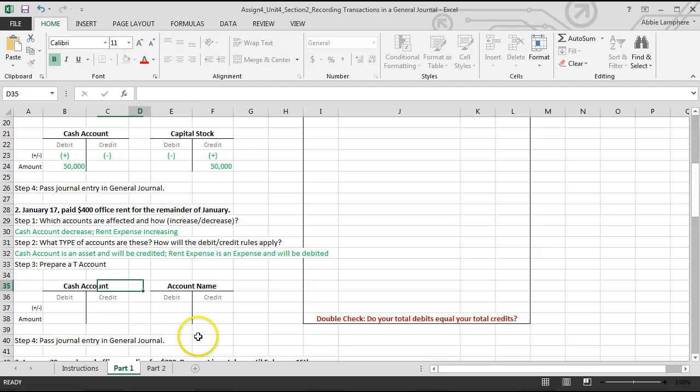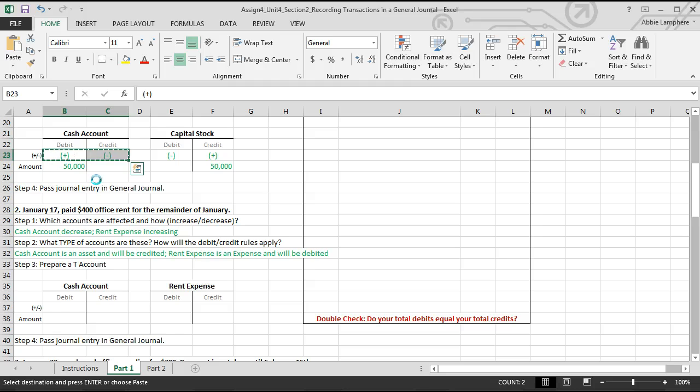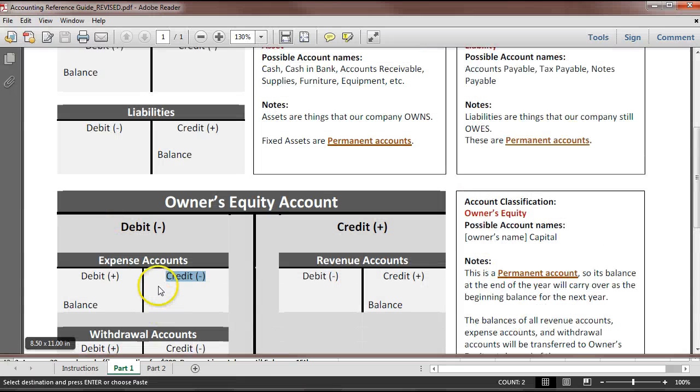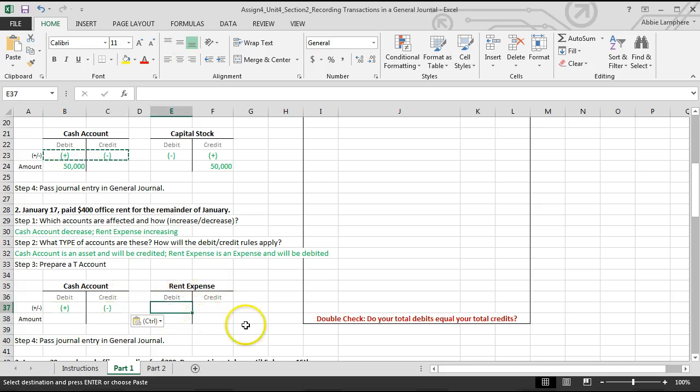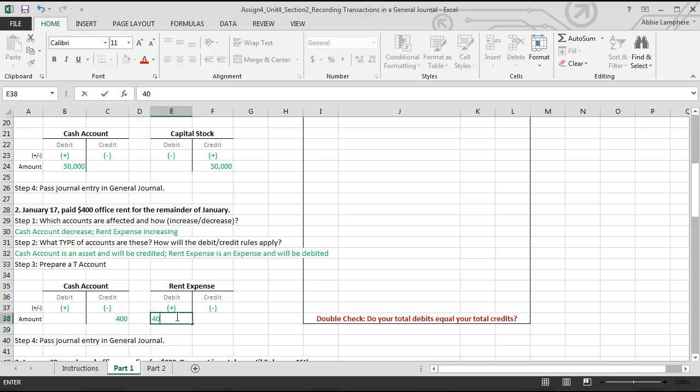We have our cash account and rent expense. I know my cash account is set up just like my cash account from above, so I can copy and paste those here. I also know my expense account is set up exactly like an asset account with a debit increase and a credit decrease, just like my asset account. So I'm actually going to paste those there as well. The amount, we're decreasing cash by $400, and we are putting that money towards rent, $400, and now we pass